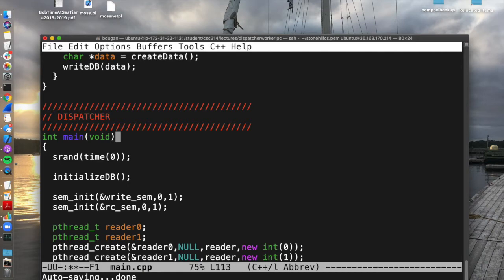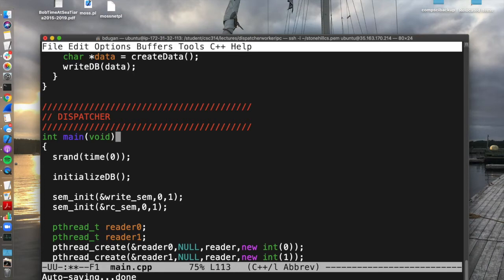You have to worry about synchronization and race conditions specifically,